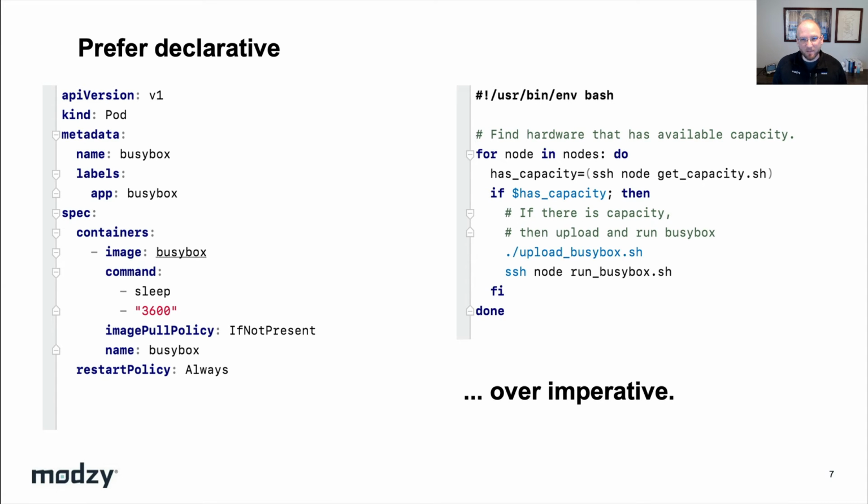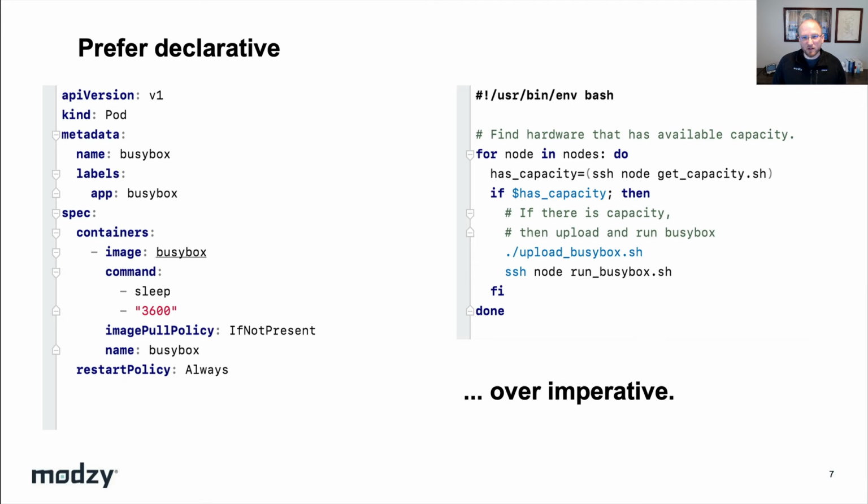Consider a user who has a directory full of images that they want to run against a particular model. With an imperative API, that user would likely need to know how to pre-process all the images to conform with the input expectations of the model. It would need to ensure that the model is running and has the proper hardware available to it, including any special accelerator hardware like GPUs or FPGAs.